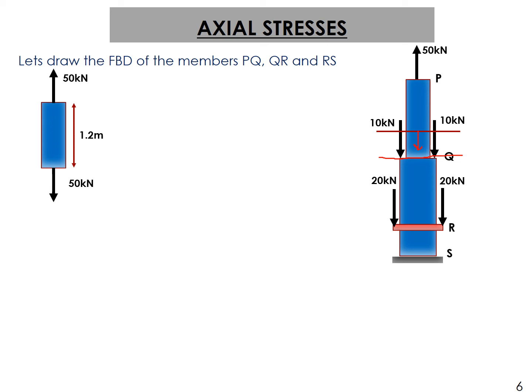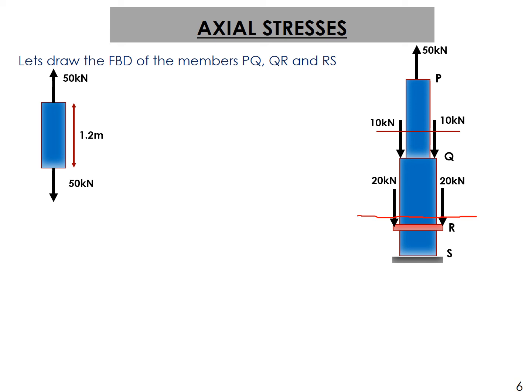Now coming to member QR. I am taking a QR section. One thing we have to remember: when you start taking sections, start from one end, as I have started from end P. This is a single assembly. This methodology is just to find the force acting in the member with uniform cross section. In member QR, I will take a section anywhere. Above this section, whatever loading is there, with that load you have to find the resistance being offered by it.